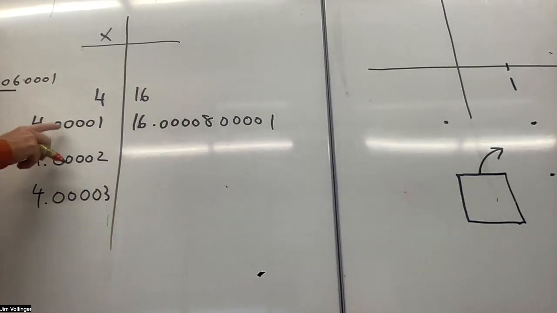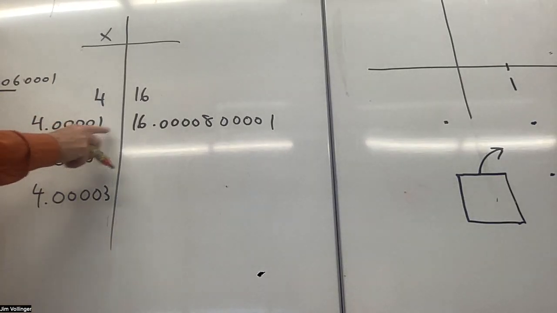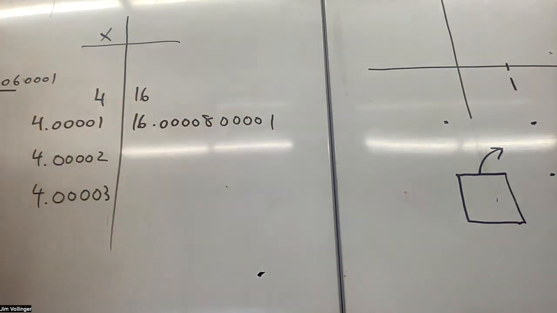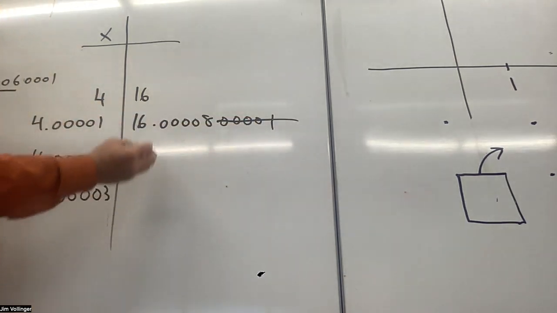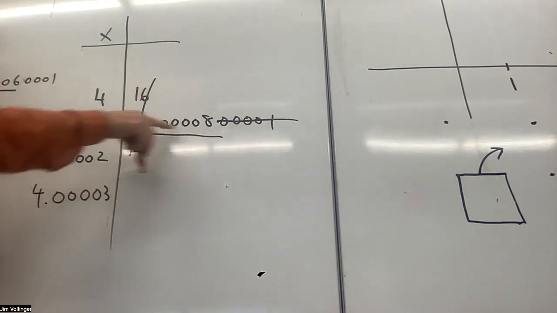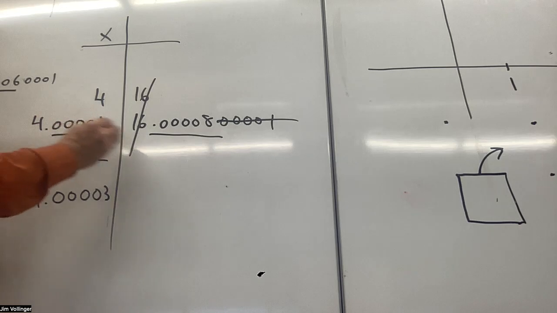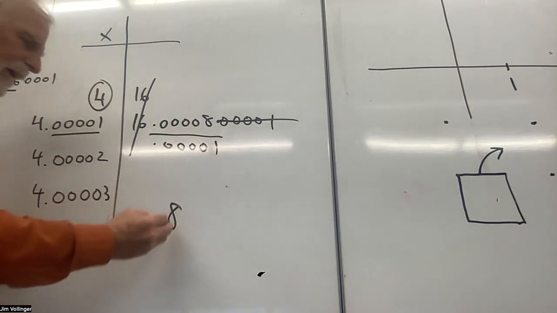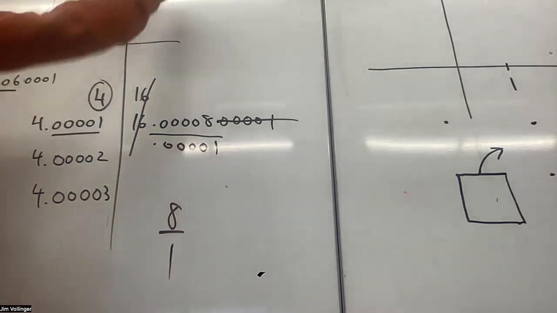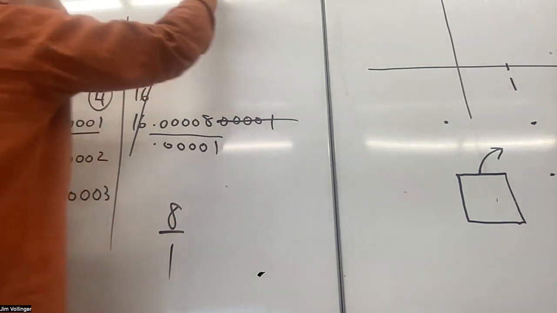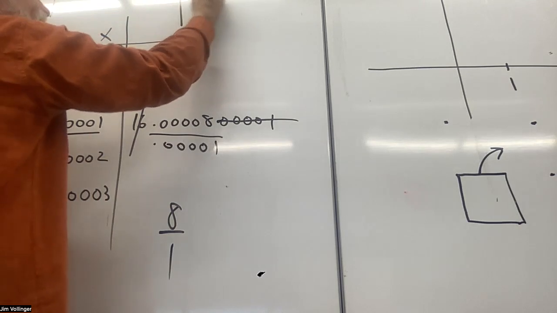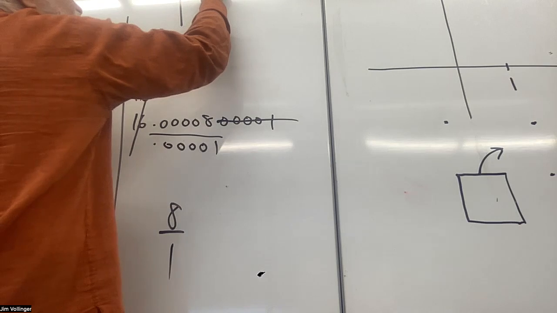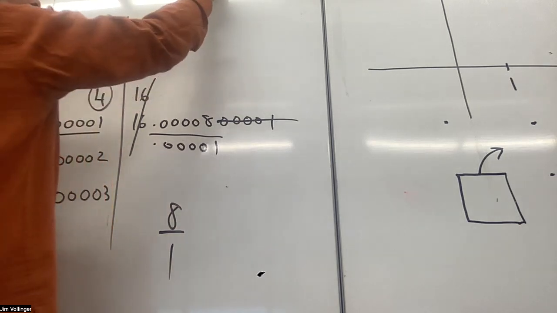I'll go to 4.00001, square it, 16.0000800001. I think we can ignore that, and we can look at 0.00008 divided by 0.00001. And yes, at 4, you're going up at 8 to 1. So let's just try to show that. It's hard to show 2 to 1 with any accuracy here, but let's just say that that represents going up at 2 to 1 when x is